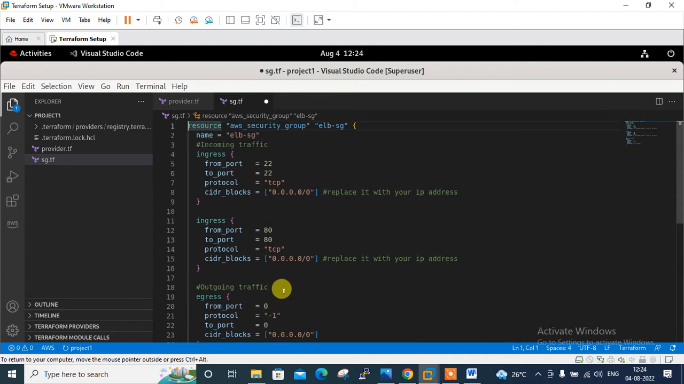And all the code that I am mentioning here is available on the Terraform Registry site. You can copy the code from there, modify things as per the need of the organization, and paste it here. Okay, so let me save this file and